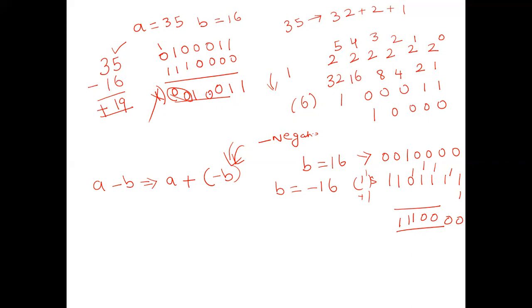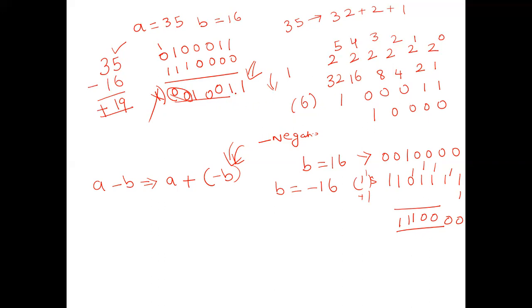Now you can map it, because this is not in the representation of 2's complement. Why is it not in the representation of 2's complement? Because my MSB is 0, so obviously it is a positive answer. A positive answer will not be written in 2's complement. So check the rules of addition.